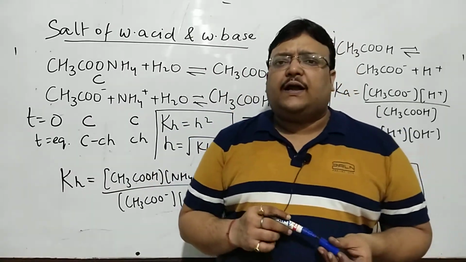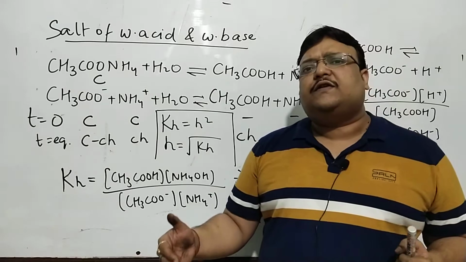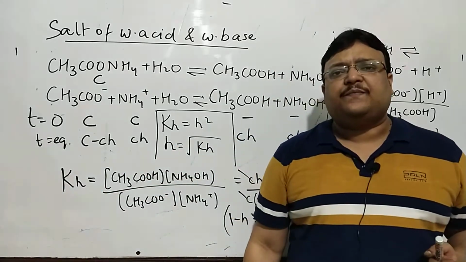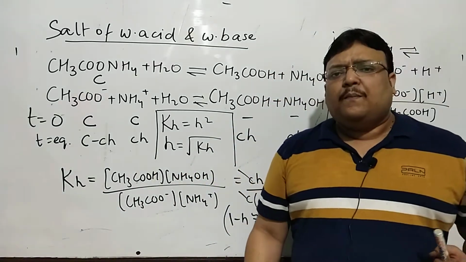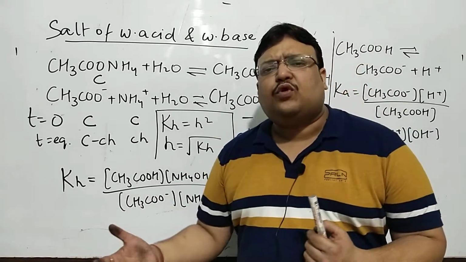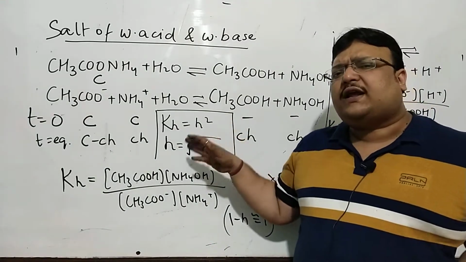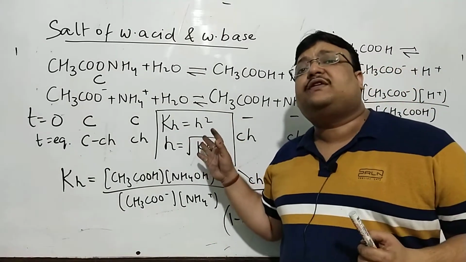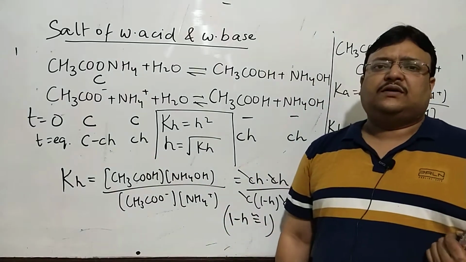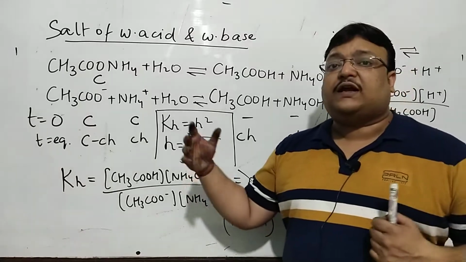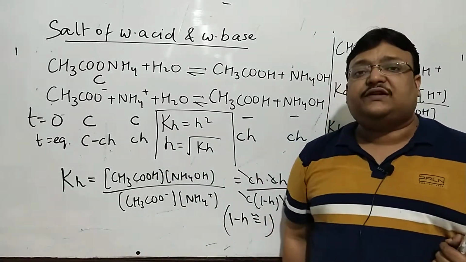So far, every time, dealing with weak electrolytes, we have seen H being inversely proportional to the root of concentration, H being or alpha being proportional to the root of dilution. More diluted solutions have ionized more, hydrolyzed more. It has been Ka is equal to C alpha square, Kb is equal to C alpha square, Kh is equal to CH square. And alpha has been root Ka upon C, root Kb upon C, H has been root Kh upon C.